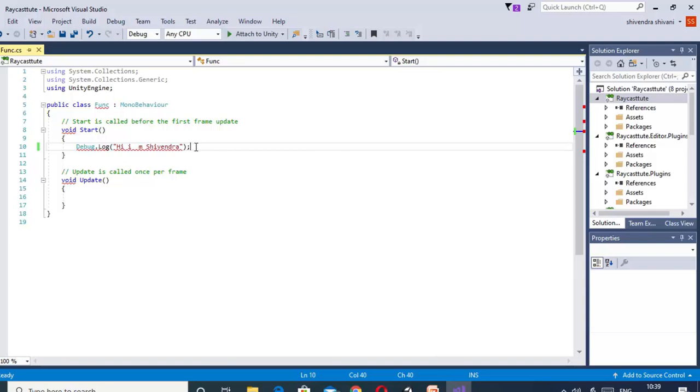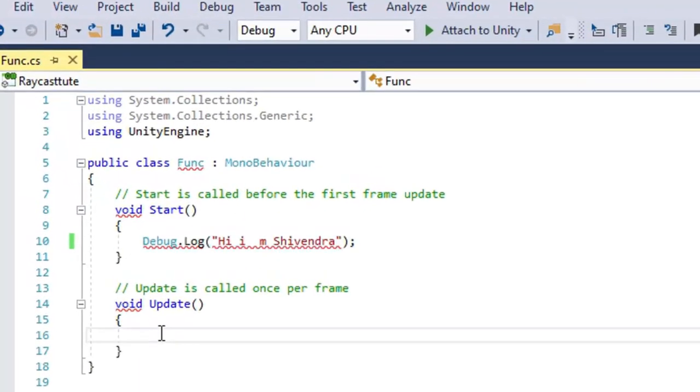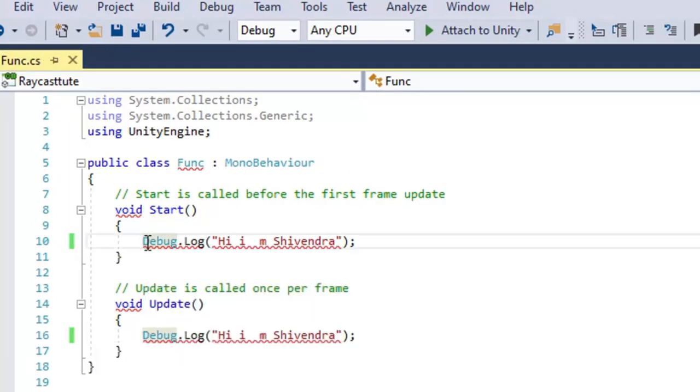This Start function will be called only one time during the life cycle of the program. So what will happen if I write this code in the Update function? You can delete it from here.